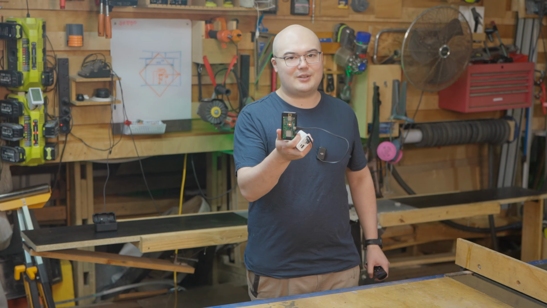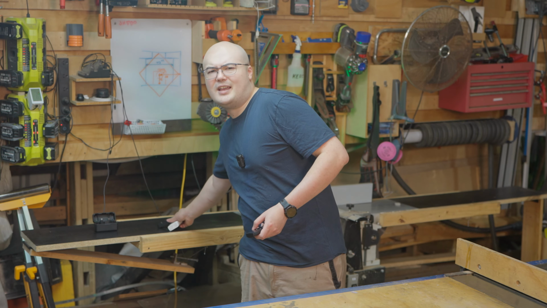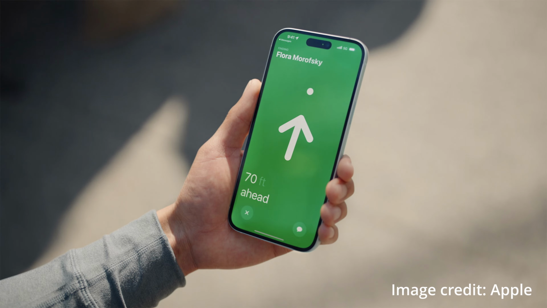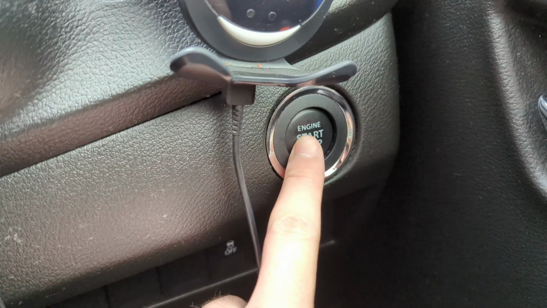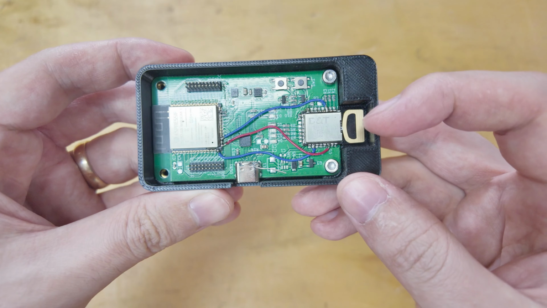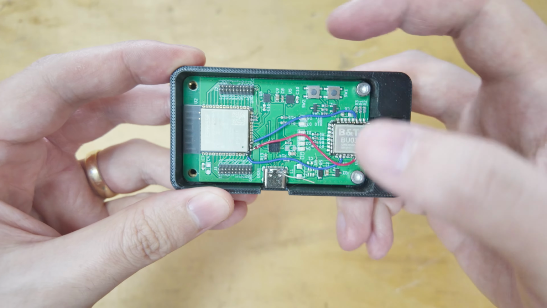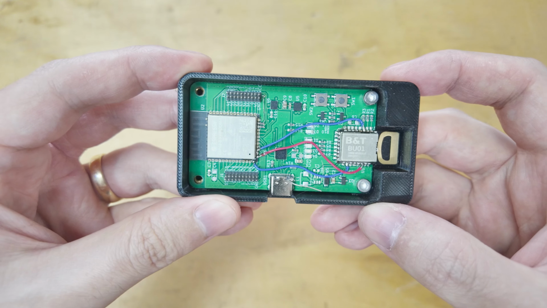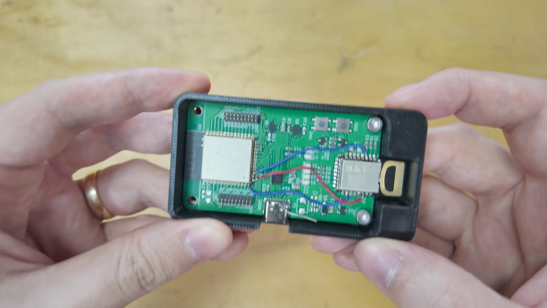I'll explain in detail later, but through this radio, we can measure the distance between it and another radio to within about 10 centimeters. It's similar technology to how an AirTag lets you know how far away it is, or how your keys know that you're inside the car to actually let you start it. I didn't pay the Apple tax, so I only get the distance and not the angle. I designed a board that holds the special ultra-wideband radio and an ESP32 for Wi-Fi. I also added a compass and an accelerometer for good measure, future projects. And after making sure to include the prerequisite amount of mistakes that every prototype needs, I sent the boards off